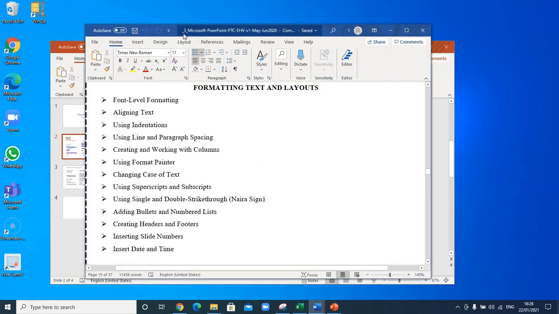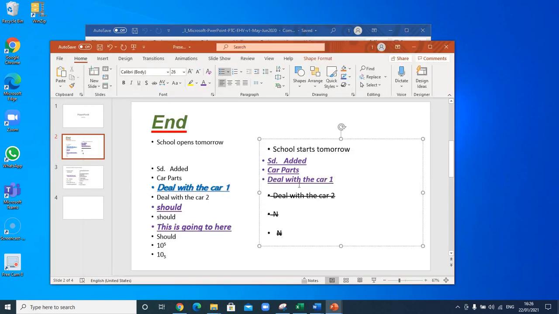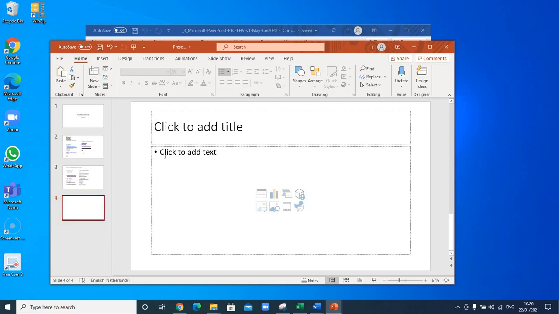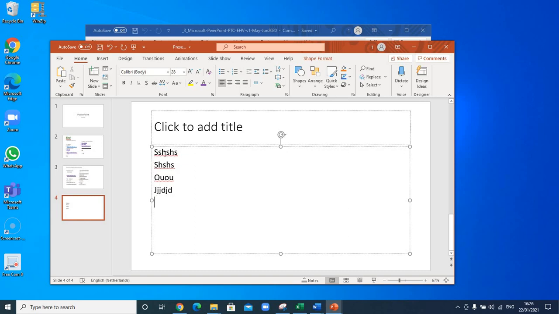The final thing we will talk about is adding bullets and lists. So let's say you want to make a list of things. Actually in PowerPoint, like you can see, this is already in bullets, which is pretty normal for PowerPoint. But let's say we go to the fourth slide and let's delete this. Let's just type a number of words and press enter, and again, more like a list of things. So assuming we want to make this a list, what you can do is select it. You can either select everything or select everything here, and you go to the Home menu,